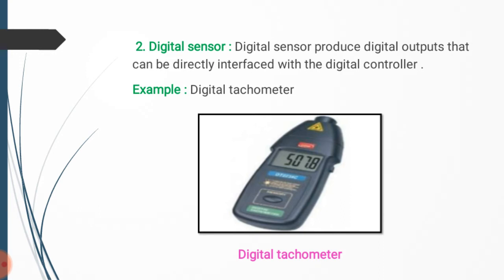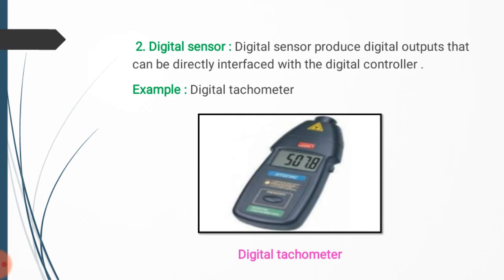Suppose we consider the digital mercury thermometer, in which we want to measure the temperature. Suppose we want to measure the temperature with a difference of 5 degrees. The first reading is 5 degrees, the second is 10 degrees Celsius, the next is 15 degrees Celsius, but this digital sensor is not able to measure the values in between 5 degrees Celsius and 10 degrees Celsius. That means it takes only discrete values: 5, 10, 15 degrees Celsius.